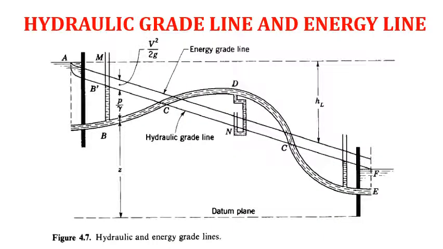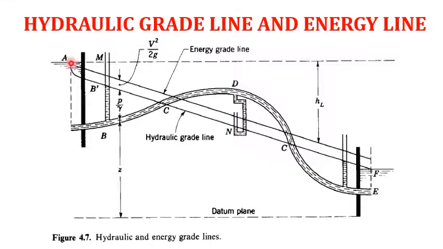So now let's reinforce the concept which we have just learned about hydraulic grade line and energy line with the help of some hydraulic system like the one shown in the figure, in which we have a reservoir. This is the wall of the reservoir, and at the bottom we have connected a pipe whose profile along the length is shown. From point B to C to D, the elevation increases and then it drops in elevation, and on the downstream side it is connected to another reservoir at point E.